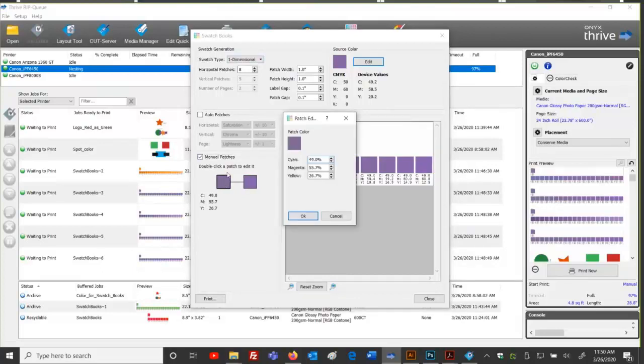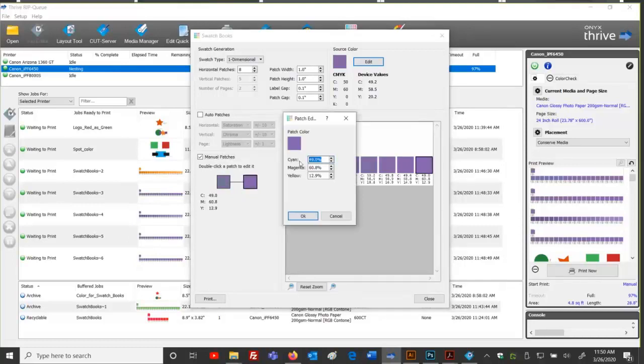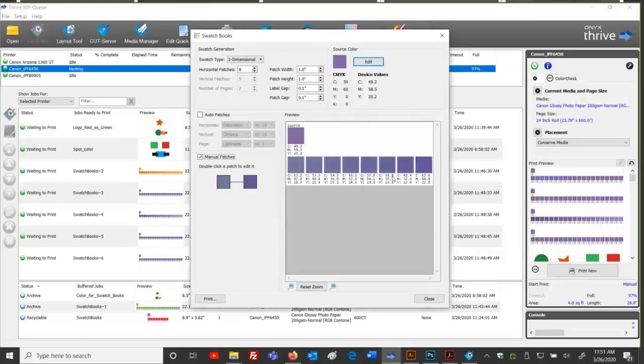If you double-click that, you can type in the recipe. And I can say, I kind of feel like maybe this should be 52 and this should be 48. And then double-click this one, and you can change that to something different completely. So instead of 52, 48, maybe I'm going to take this down or up to 62 and 58 or something like that. So you can type in your own values.